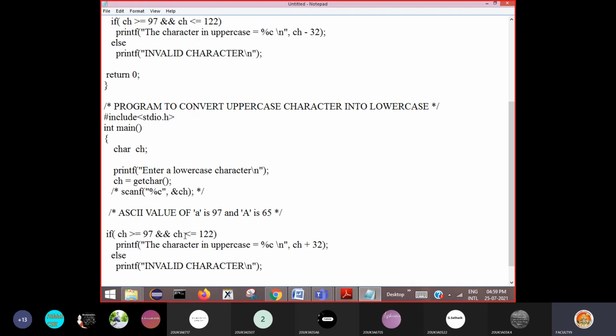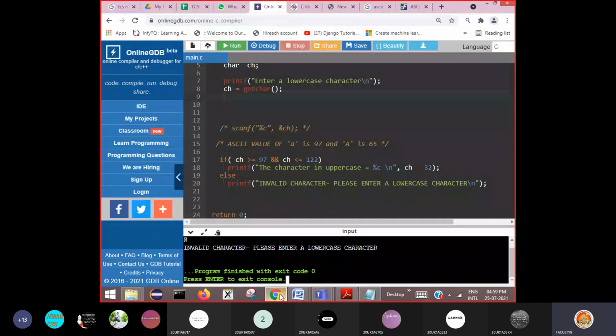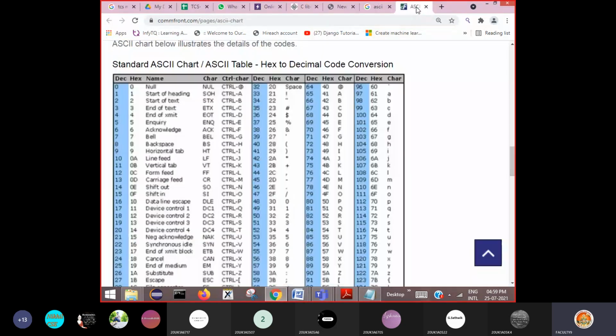And what is the range of uppercase characters? Uppercase capital A begins from 65, so 65 plus 26. Now you can just see the chart here. Uppercase capital A is 65, and what is the capital Z value? 90.